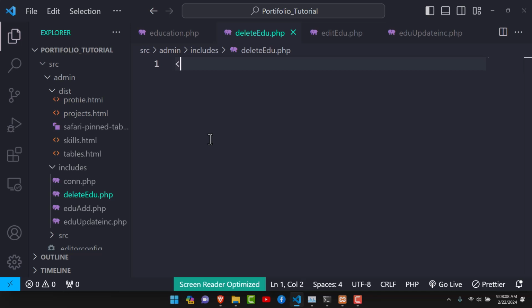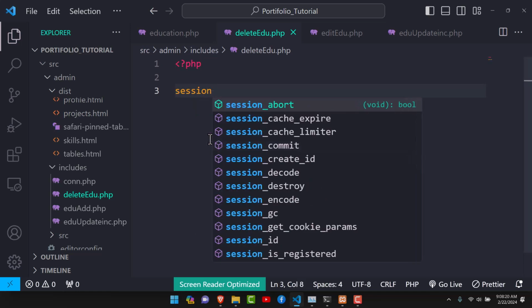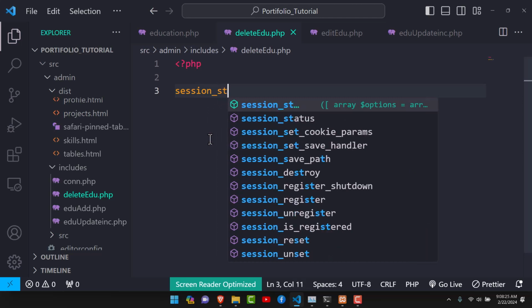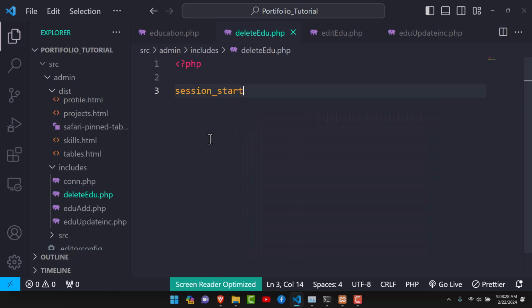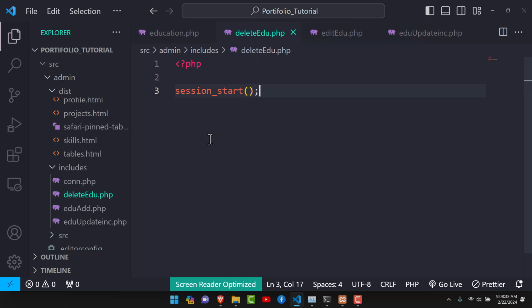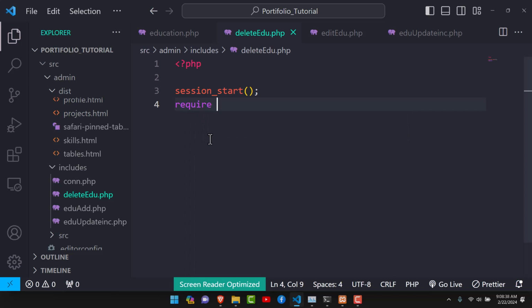And here again we have the PHP, and the first thing that I'm going to do is to start the session. This is because, of course, we'll need to have those messages, success messages and all that. So the session is thereby started, and I'm also going to require the connection to the database. So con.php,